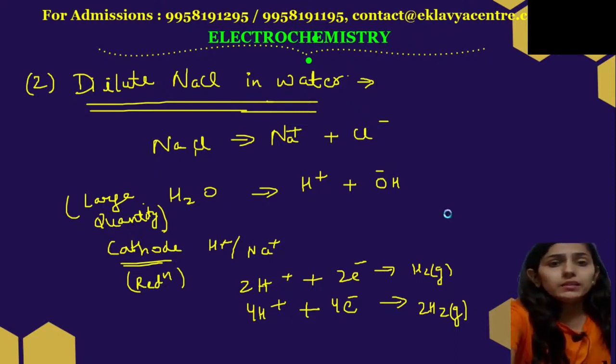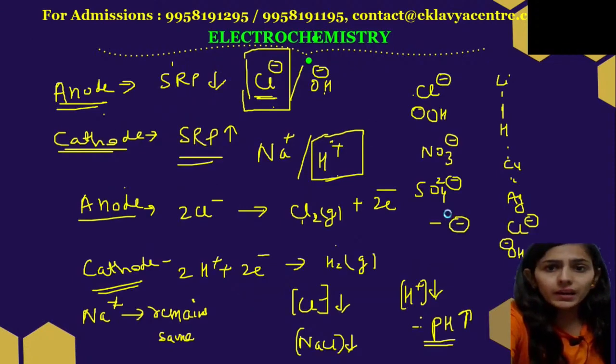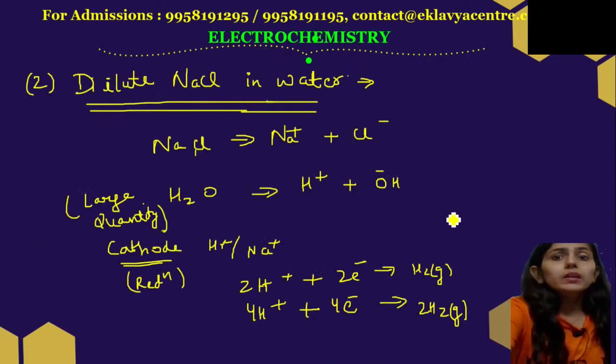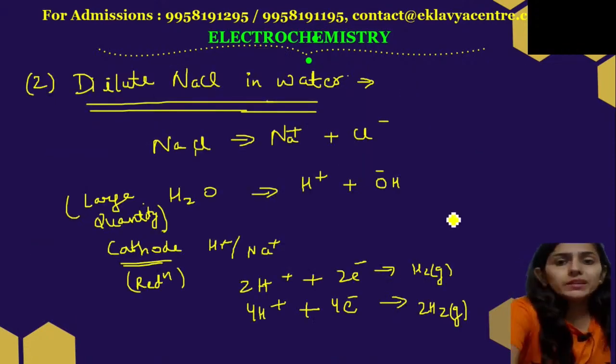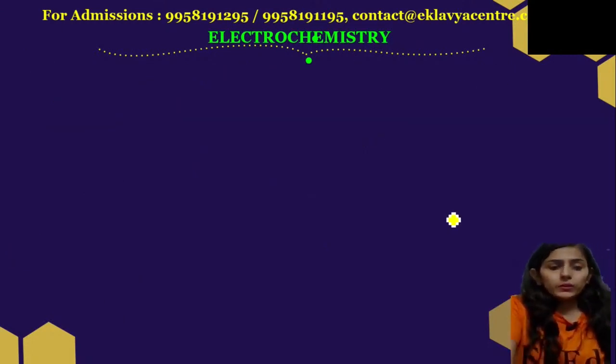see, the difference is that in case of concentrated NaCl, right, we are getting chlorine gas and hydrogen gas, but in case of dilute NaCl, we are getting oxygen gas and hydrogen gas, right? That's it. Now the next case which we are going to study is